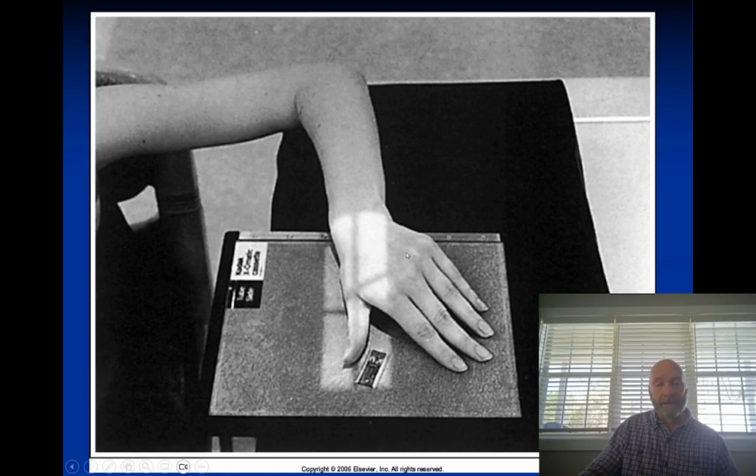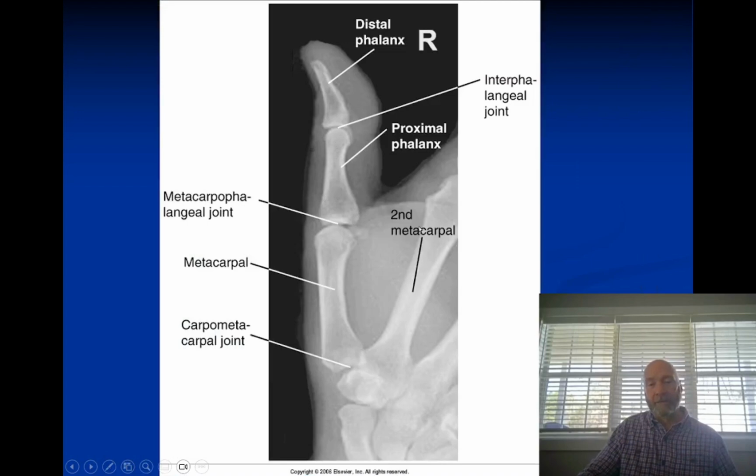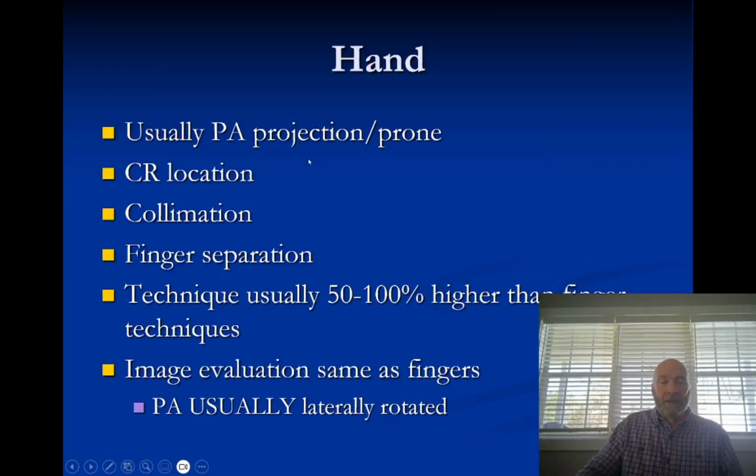So positioning, in this case, you see the fingers bent, that's good lateral position, and that's what we're seeing there. So the hand, again, is going to be typically PA, which is going to put the hand prone. Central ray location, in this case, is going to be to the third metacarpal phalangeal joint. You want to collimate down as closely as possible, but you want to make sure that you